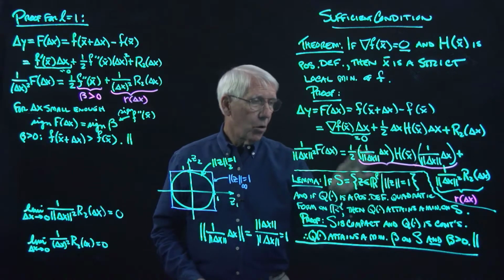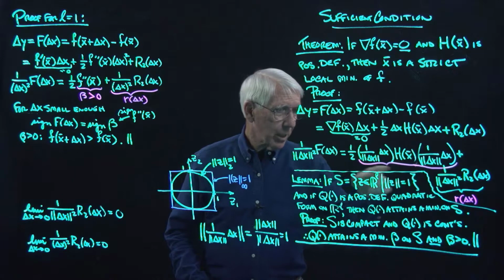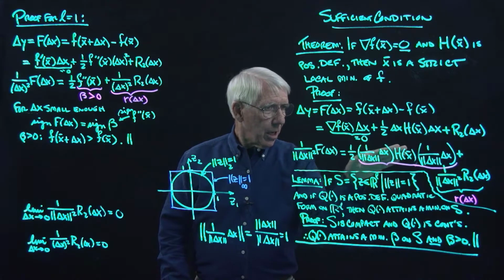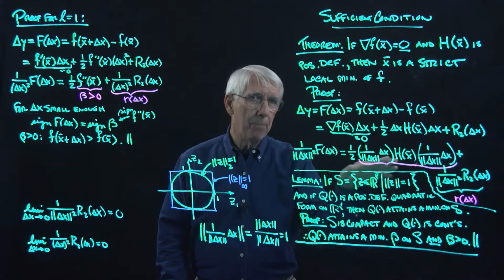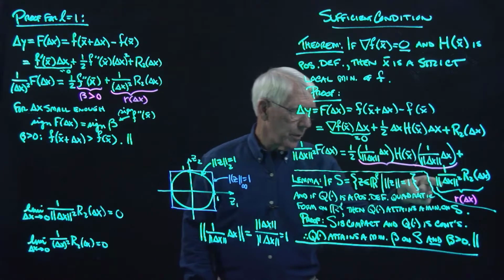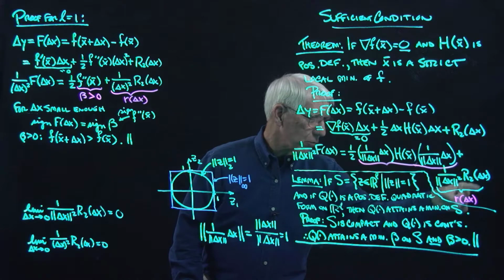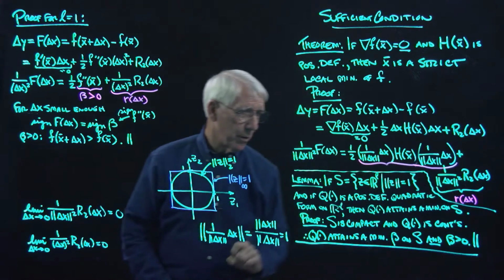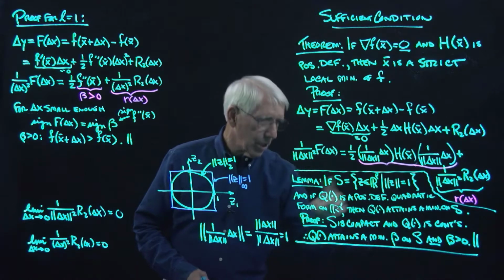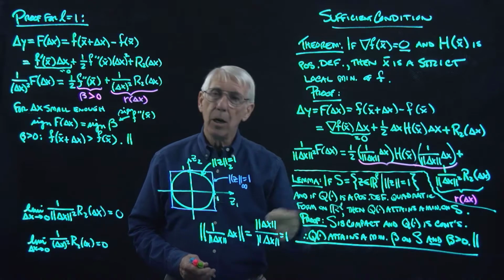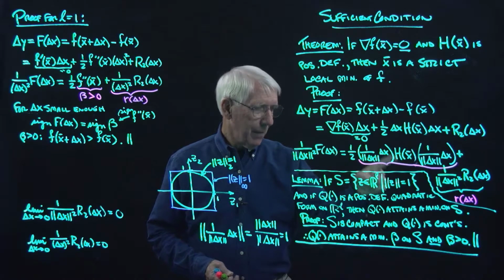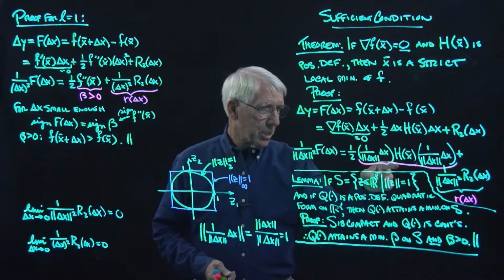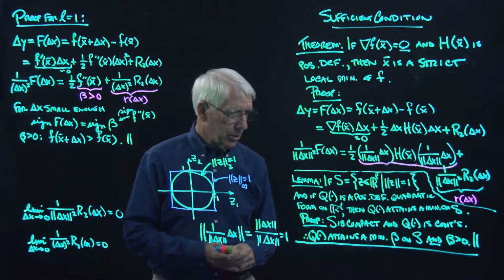Over here, in order to get this expression to be bounded away from zero, bounded above zero, so that small delta x's would make this expression smaller than this, we had to go through this little trick here with the Weierstrass theorem to guarantee that there's a beta such that this thing is always greater than or equal to